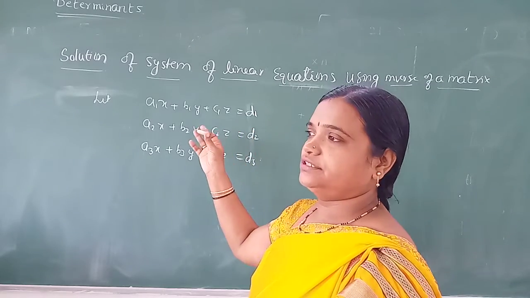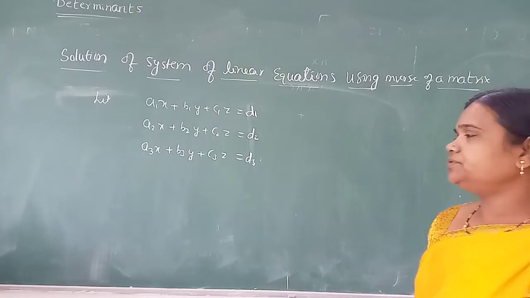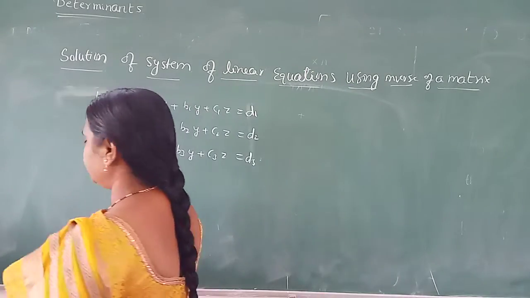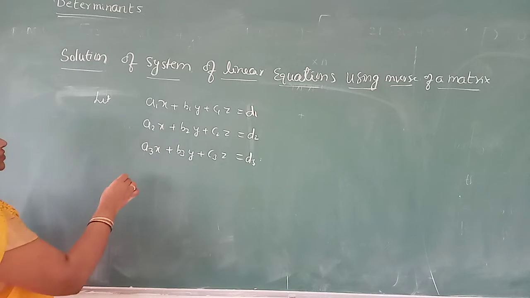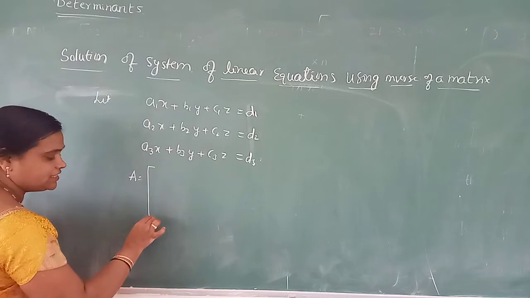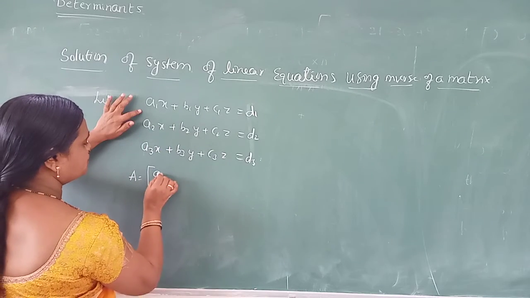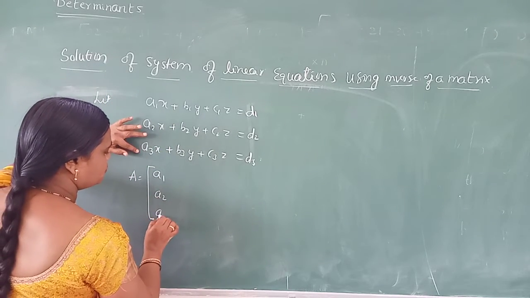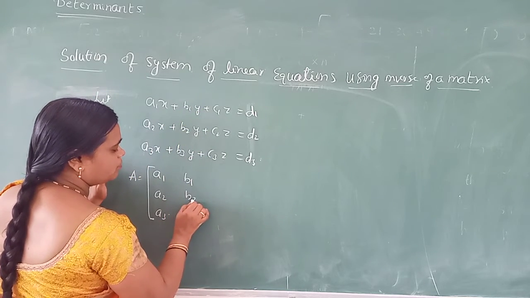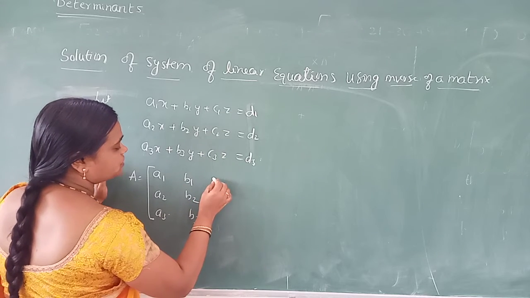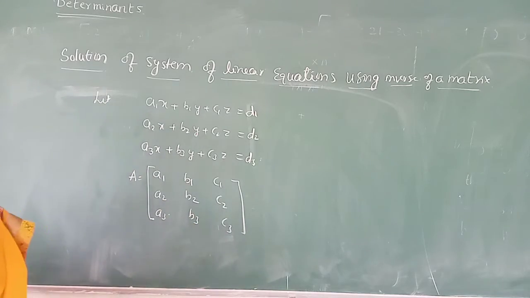And you know that in the equations we have to use the equal to sign. See, we are using it here. Next, we are converting this into matrix form. How? See, just concentrate here. We will take a matrix A, and the coefficients of x, y, z. The coefficients of x column-wise a1, a2, a3. Coefficients of y column-wise b1, b2, b3. Coefficients of z column-wise c1, c2, c3. You can consider like this.